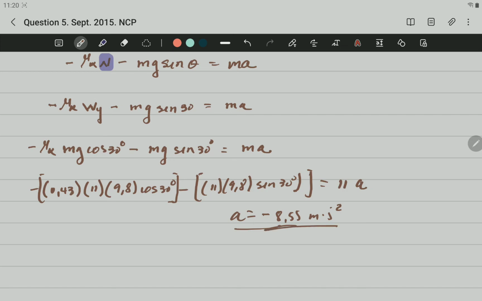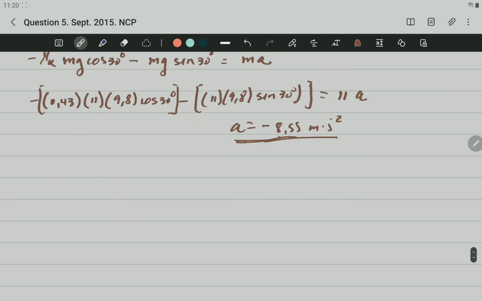That is the acceleration, but we are not looking for acceleration, we're looking for distance. So we have to go back to the formulas in the formula sheet and look for a formula that can help us to calculate the distance. In this case, final velocity square is equal to initial velocity square plus 2 multiplied by acceleration multiplied by the displacement, which will be the distance here. So if we substitute, the final velocity is 0, the initial velocity is the one which started up the ramp, is 1.5